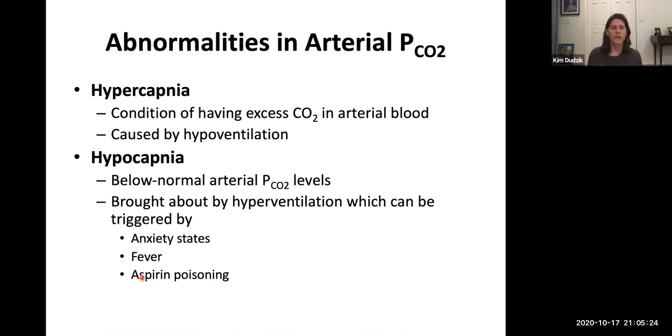So again, just kind of know what these mean. So hypercapnia is when you have too much CO2 in the blood. And that can happen by hypoventilation. So remember that we release CO2 by exhaling. So if someone isn't breathing normally, their breathing rate has slowed down a lot, that means so has the exhalation. So they're not getting rid of that CO2, but our cells keep making CO2, so the blood keeps picking it up. So that can cause too much CO2 in the blood.